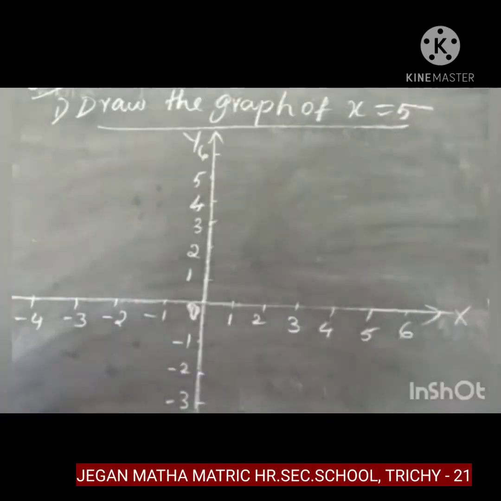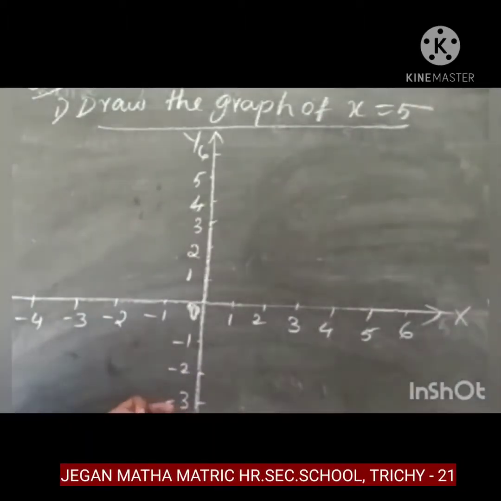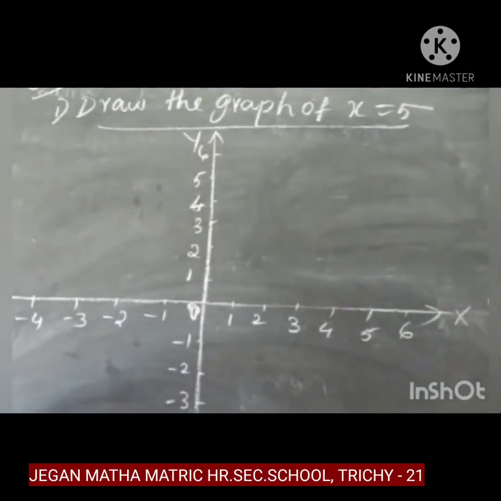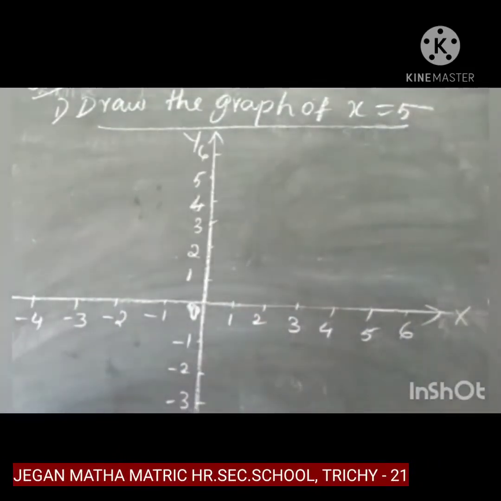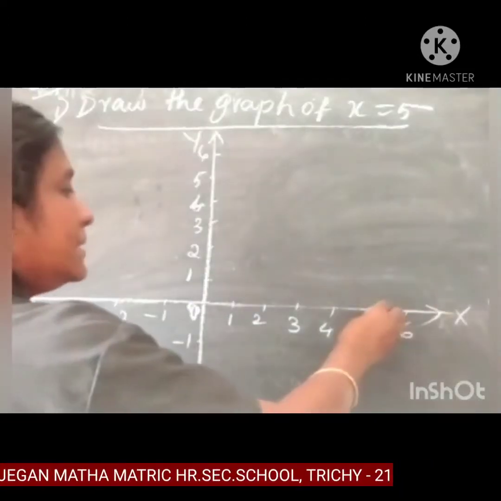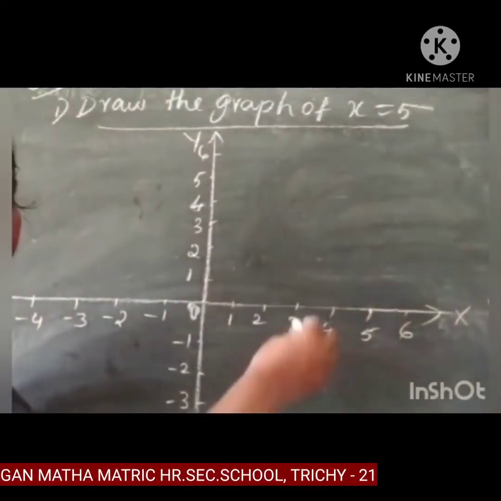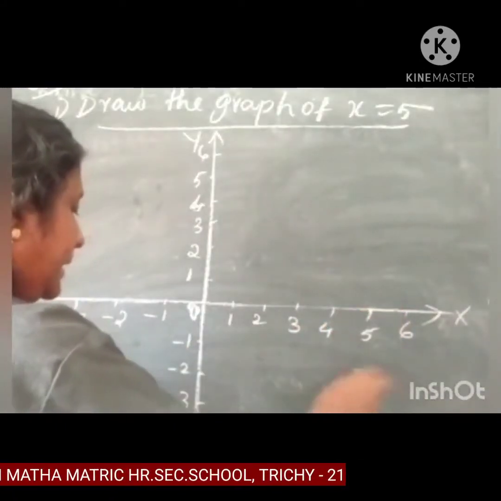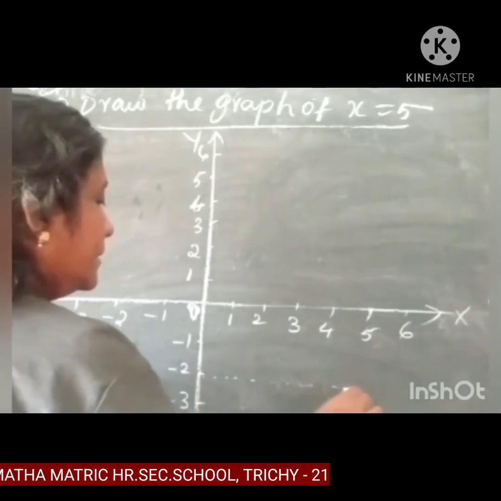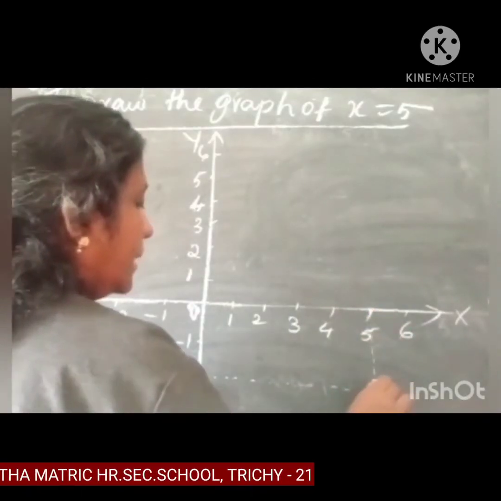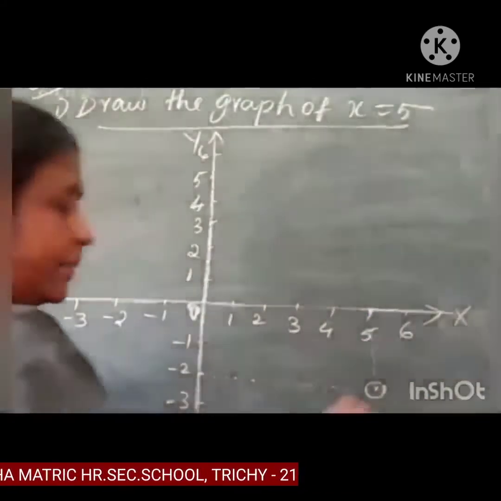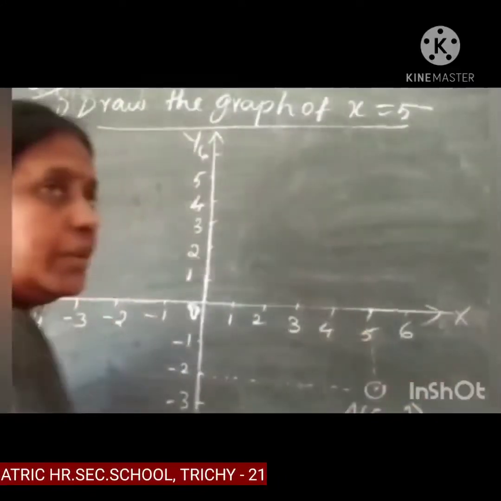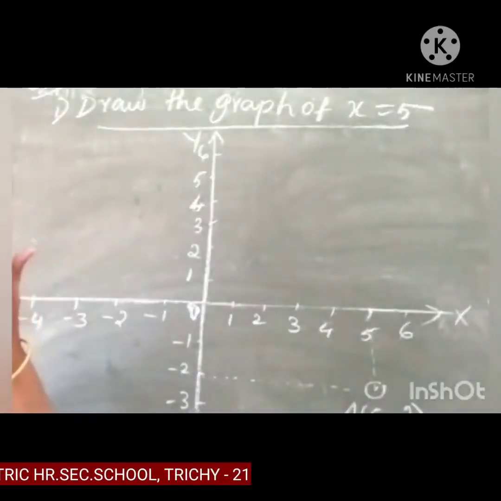Okay. Now let us mark the first point, point A, 5 comma minus 2. Already you know that the value of x for all the points is 5 only. So 5 is here, plus 5 on the x-axis positive side. 5 comma minus 2 is here. By using the scale as usual, you know how to mark that. First point A is 5 comma minus 2.